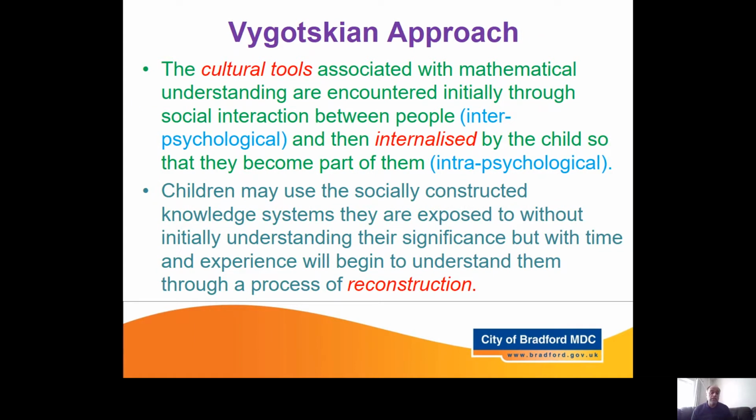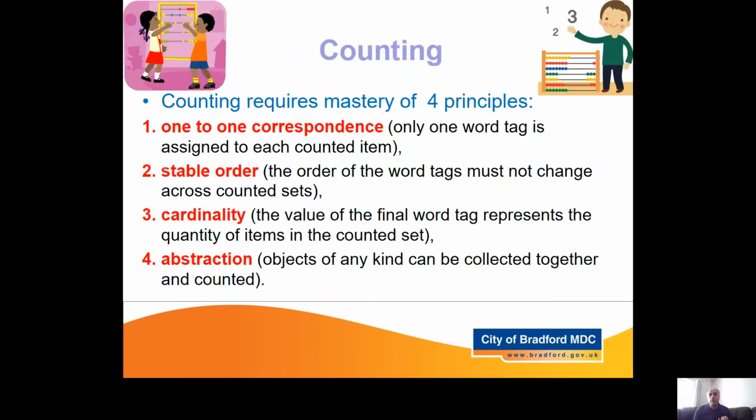And children can use these socially constructed knowledge systems without realizing the importance of them. And they do that through a process of reconstruction. Over time, they realize how important it is. So counting is a very good example. I mean, to master it, you would need to have one-to-one correspondence, stable order, cardinality and abstraction, but we do it in such a playful way, 1, 2, 3, and children mimic the words, they move objects around, and it's